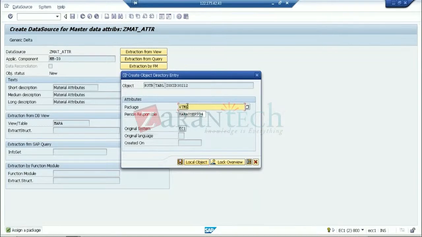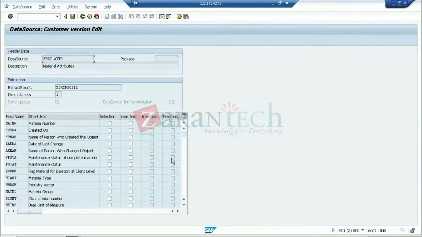There would be something called $TMP populated. That means it's a temporary package, and click on the save button. So don't worry about that now. Click on the local object, and next to it there is a save button. Just save it. Now in the next screen, it will ask you